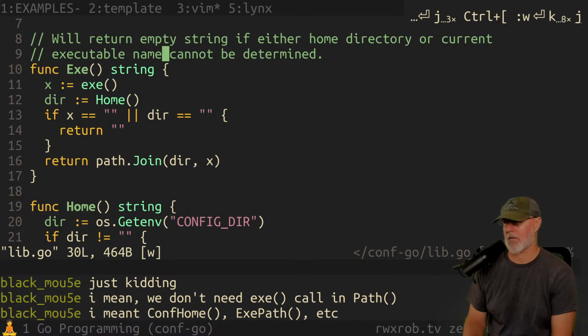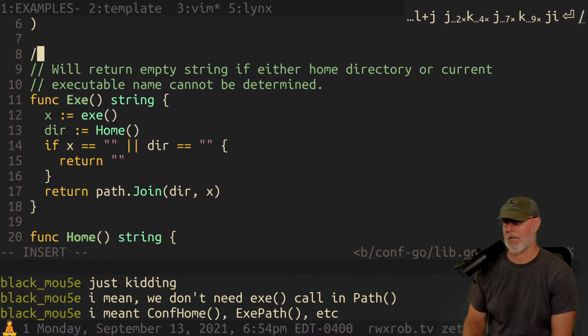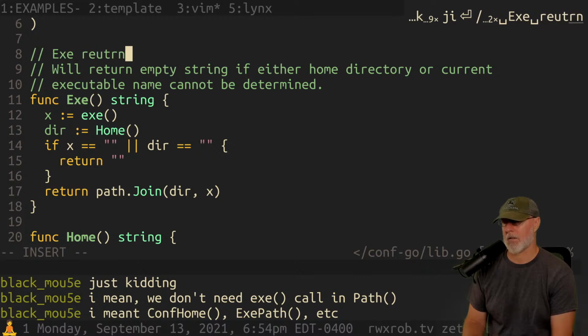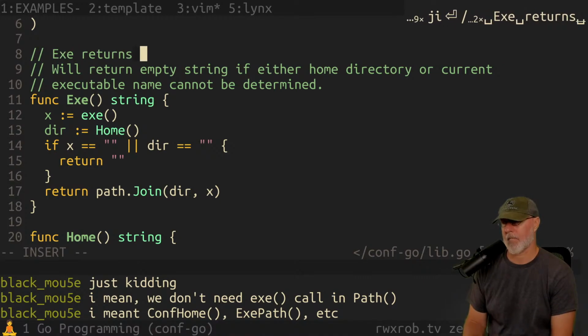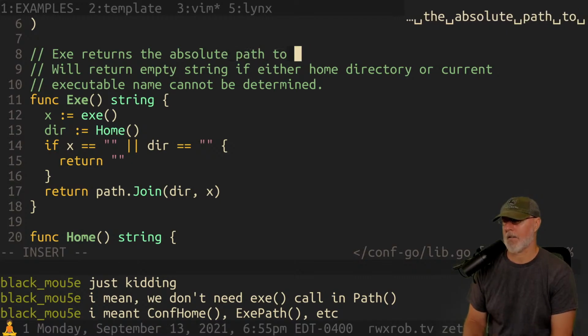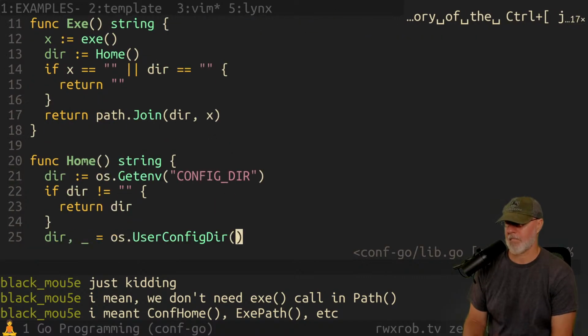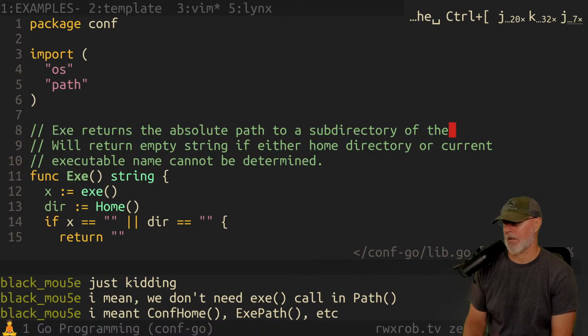Or return empty string if either home directory or current executable cannot be determined. I mean, you could just send it this. I could say exe returns a full path, absolute path to a subdirectory of the configuration home, right?